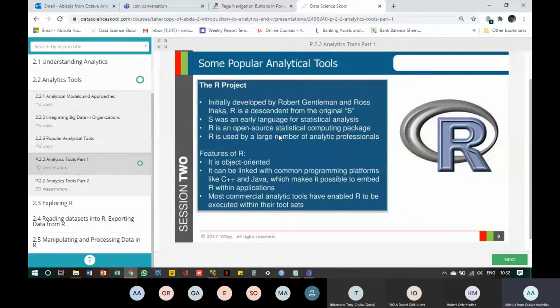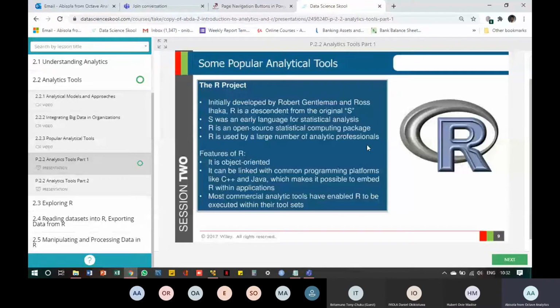So there are some features of R. It is more object-oriented than other analytical tool sets. You can link R with other platforms like C# and Java, and you can also embed R within other applications. It allows for add-on packages, so you can add new packages. If you are a developer and you're very good at what you do, you can add packages to R. You can work on already existing packages to develop new packages.